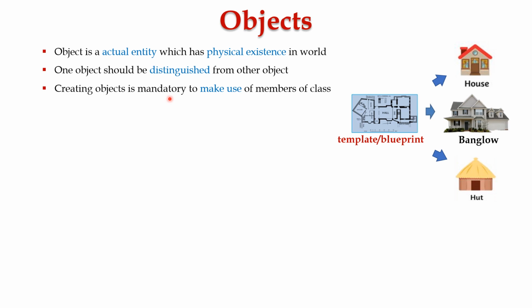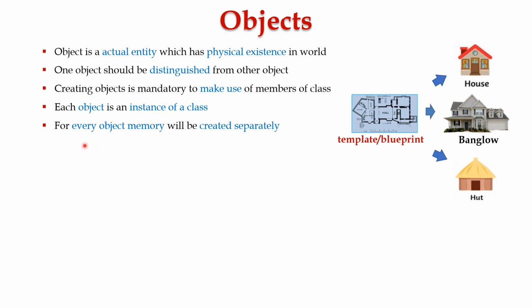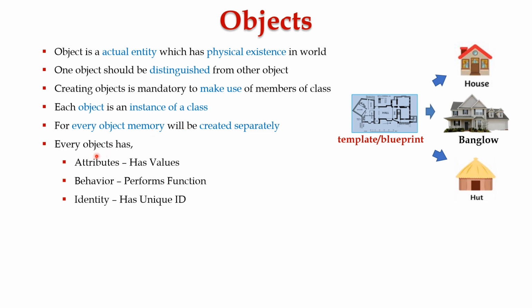Creating an object is mandatory to make use of the members of a class. Each object is an instance of a class. For every object, memory will be created separately, and every object has attributes, behavior, and identity. Attributes hold its own values, behavior performs certain functions, and identity is a unique ID for its physical existence in the real